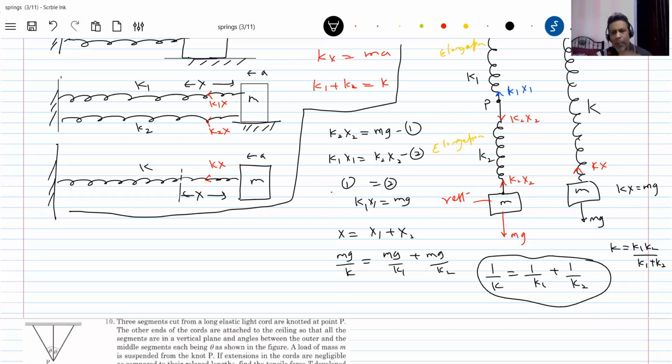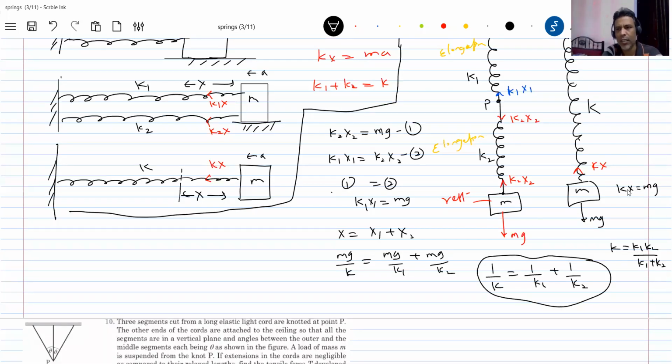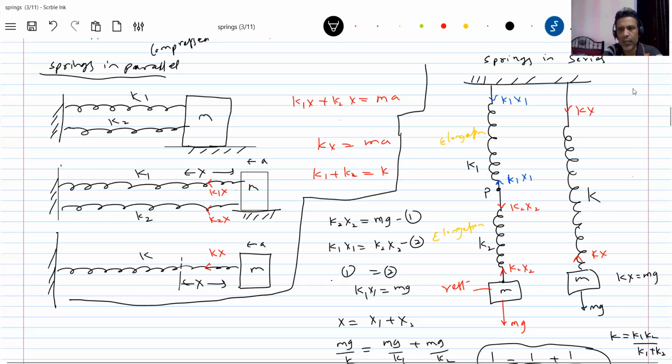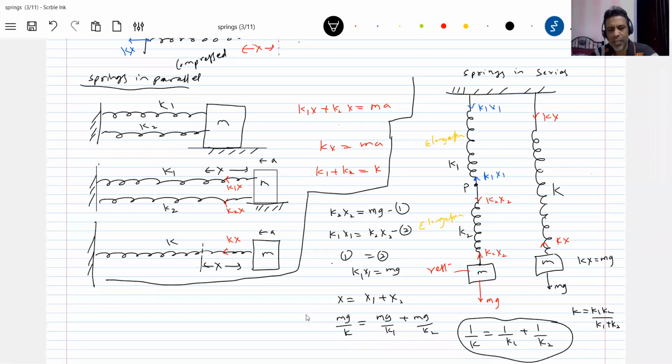Just do remember, if they're in series, the effective spring constant should be less than the least value. When they're parallel, the effective spring constant will be greater than the greatest value. Like this, the springs series parallel will replace this one. So why we are bringing this idea? If there are many springs, how to replace them with an equivalent one? So there's one formula we are going to take help of. Just remember all this information. So in numericals, totally different conditions we are going to apply it.